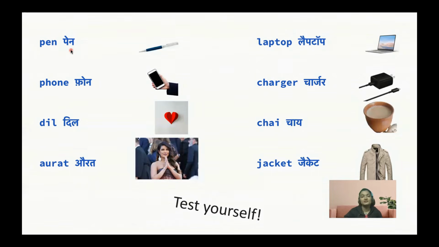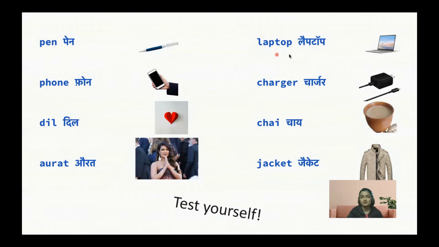So the word pen is masculine. For example, mera pen gir gaya. Mera for my, not meri. Mera pen gir gaya. Even if you are a female talking about your pen, you'll use the same word mera because mera depends on the gender or the number of the noun, not you, of the word that you're referring to. My pen, mera pen gir gaya. Gir gaya means, in this case, fallen down.